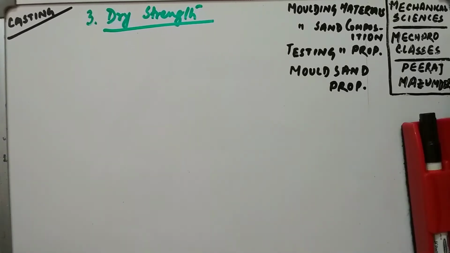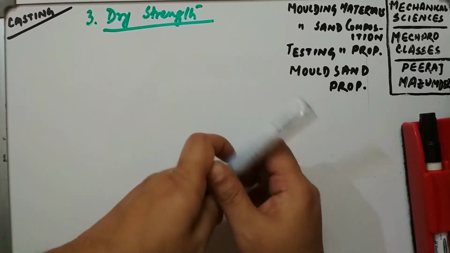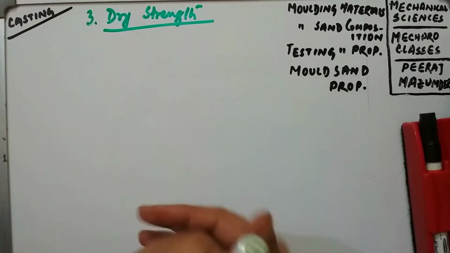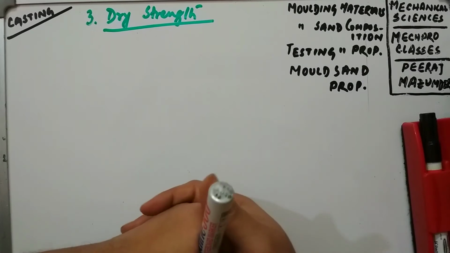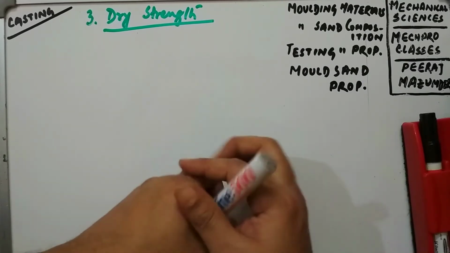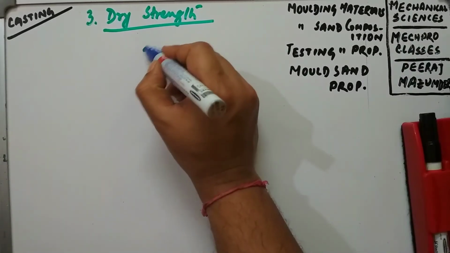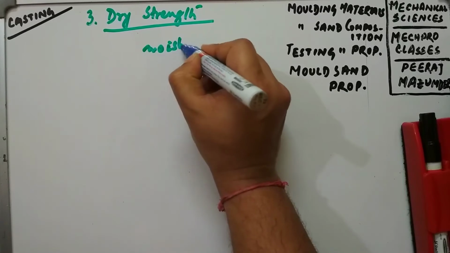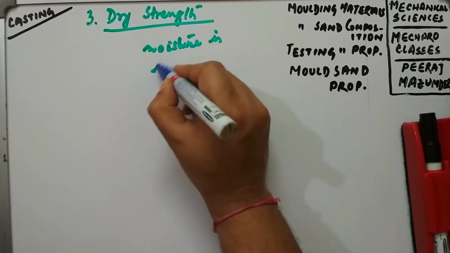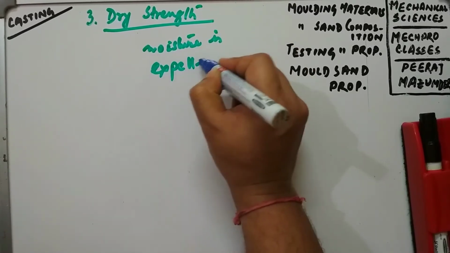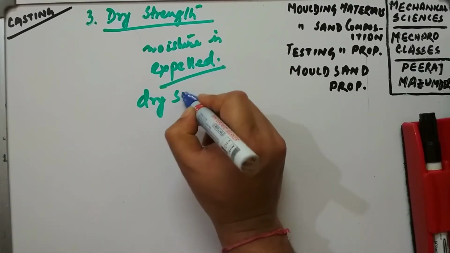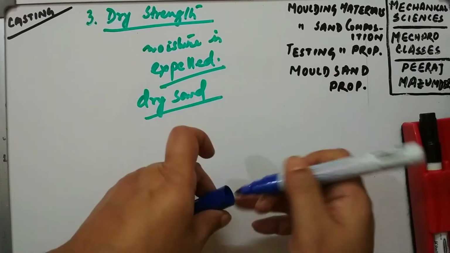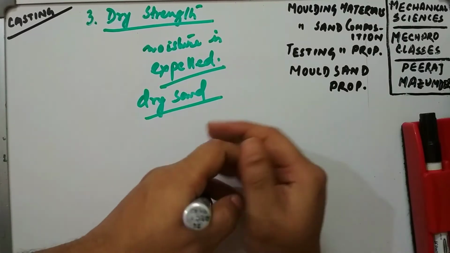Okay, next is your dry strength. Look, dry means when it is not containing any moisture. From the name you can suggest it is dry. So when the moisture in the molding sand is completely expelled, then it is called dry sand. Okay, so it is called dry sand when there is no moisture. So how to perform that? You have to